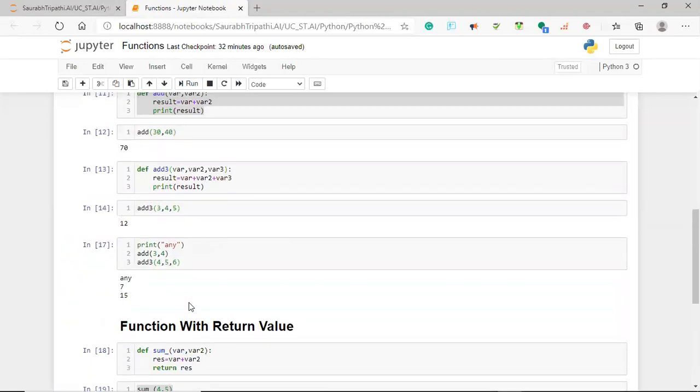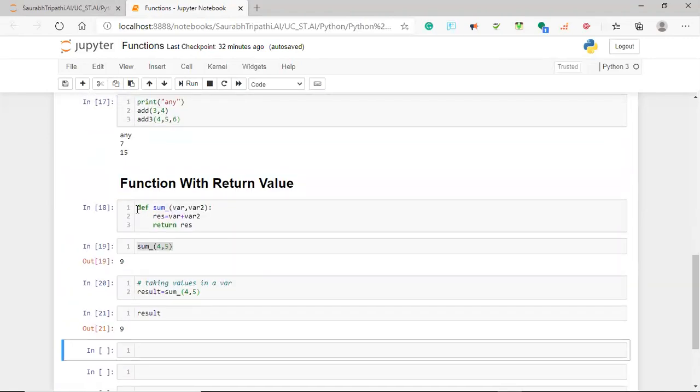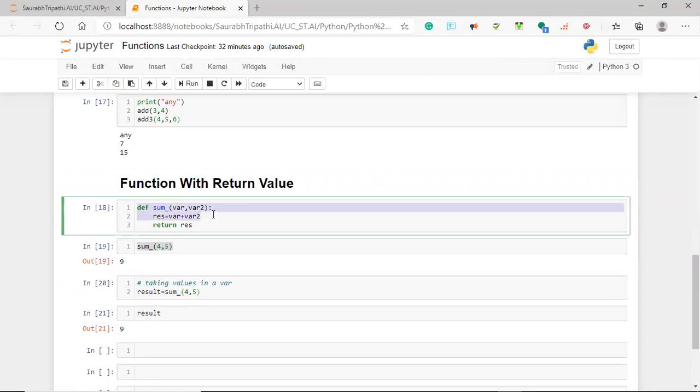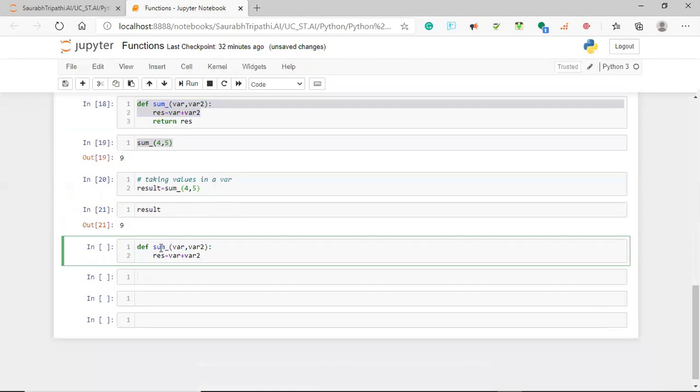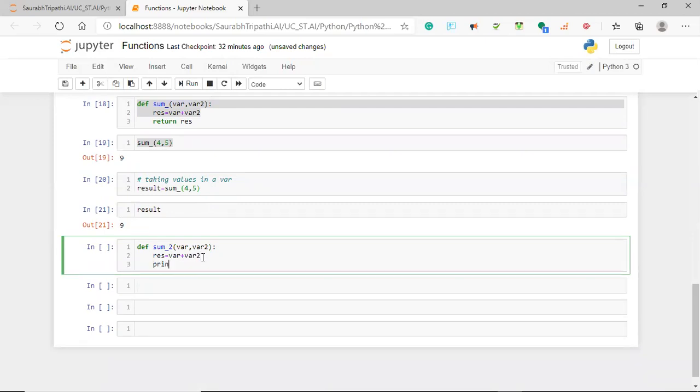Suppose we define this much, but we are not going to return the value. If you try something like this, say my function sum_2 is the name of the function, and I'm going to simply print this value, res.